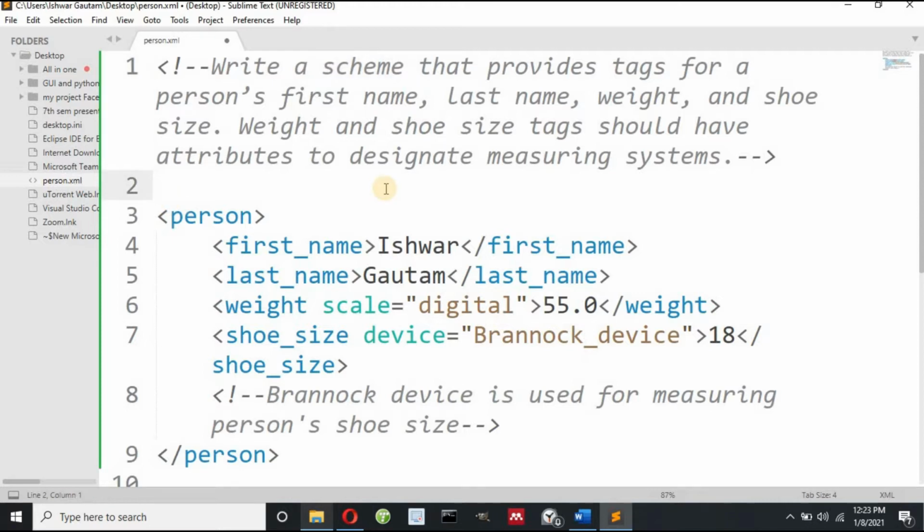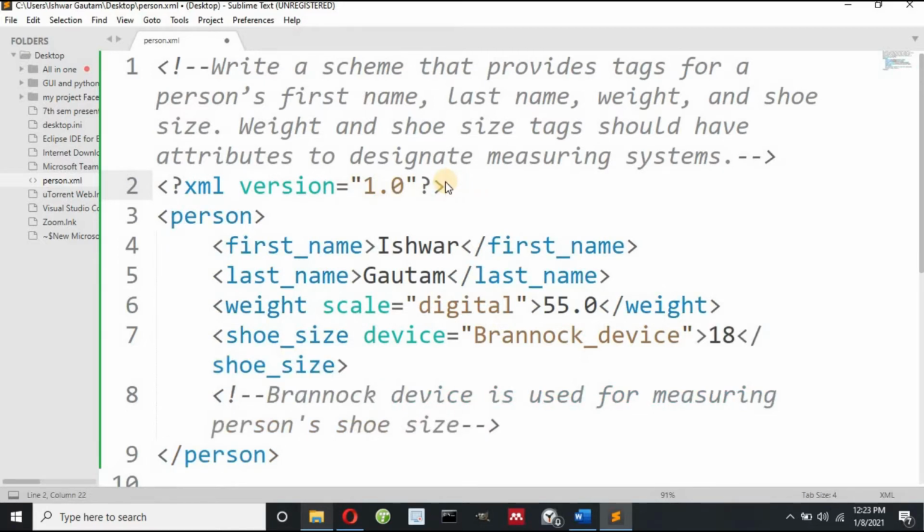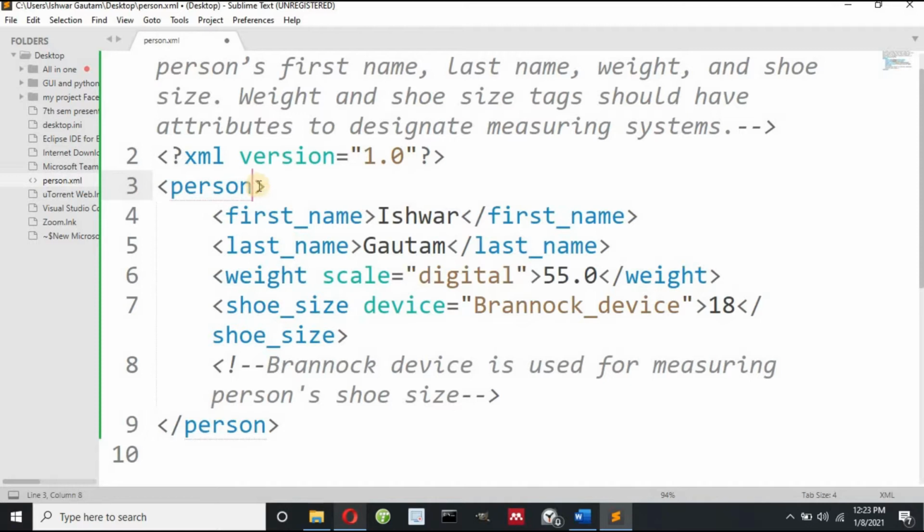Also we have to write here <?xml version="1.0"?>. You have to add this line, with the question mark and the closing angular bracket. Now in this root element we have to add the URI and schema location.